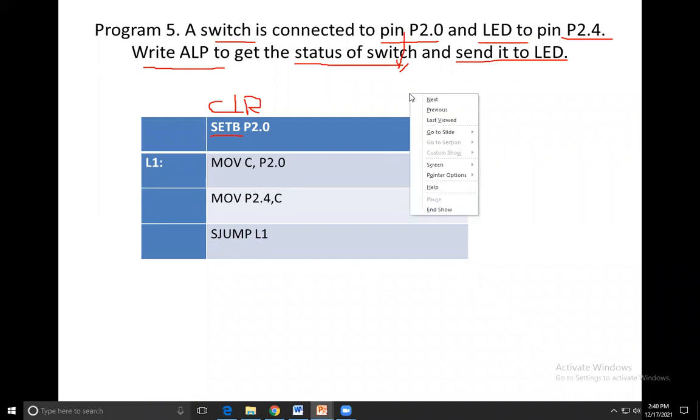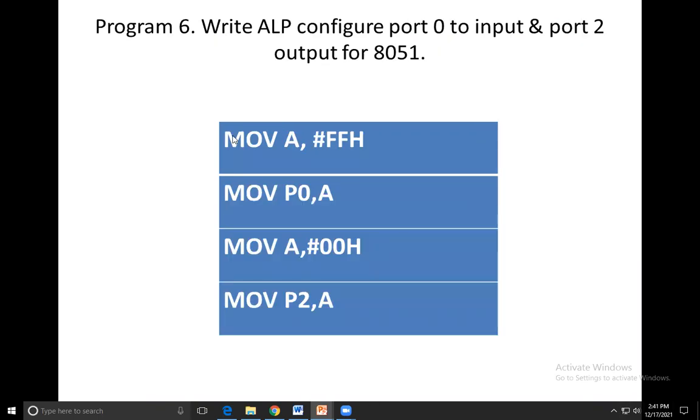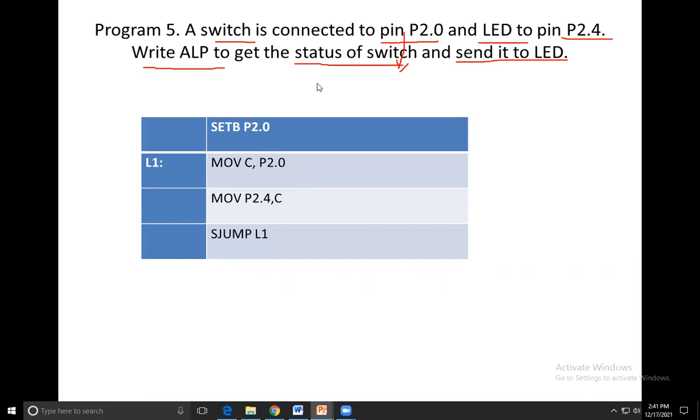So the LED will be on. How to check the outputs? You have to debug the program, and when you debug, go to the peripherals. In the peripherals there are input output ports, and there you go to port 2, and in that port you can see the output. So check this using the Keil software. Please check these 2 points which I am telling you.